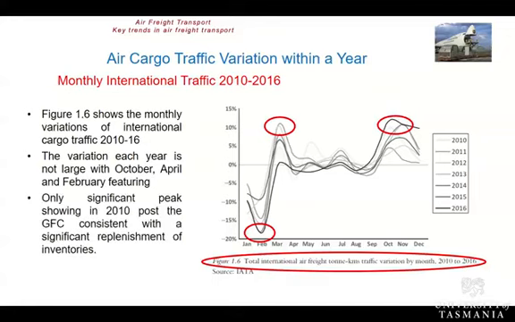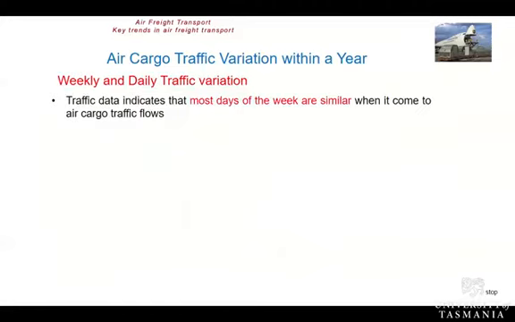The only thing I could observe was that this particular peak here is in 2010, and it might reflect the fact that many markets were coming out of the global financial crisis, so there was a significant increase in air cargo. Probably the only example I could find of a difference. So I think what we could argue from this is that there's a lot of similarities in the movement of cargo through the year in terms of its peaks and troughs.